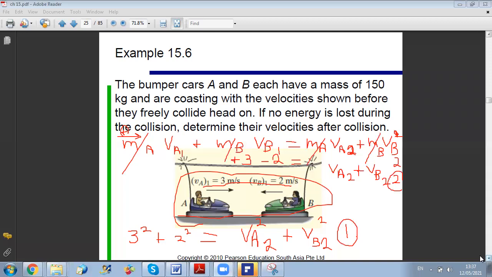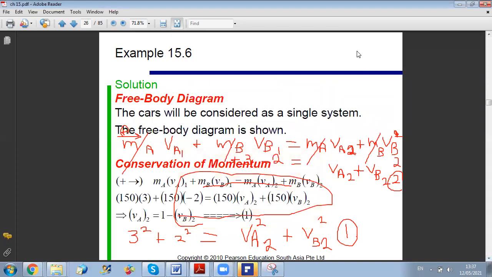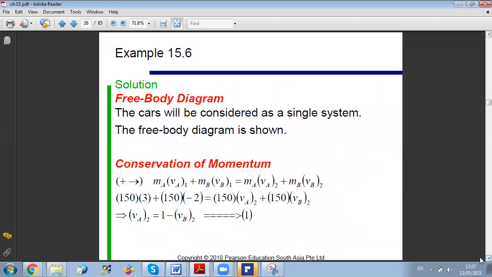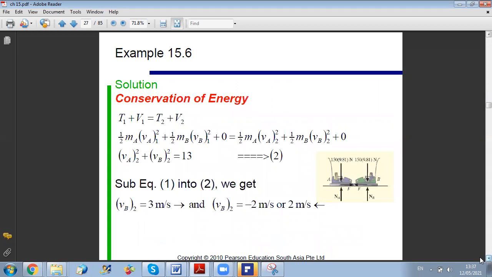Any question on this problem? So as you can see here, the first relation is conservation of linear momentum, and the second relation is the conservation of kinetic energy. Now here there is no potential. This is, I mean, potential energy is zero, because if we take the reference, there is no change in altitude, so the gravitational potential energy is the same. This is why there is only kinetic energy. Okay.